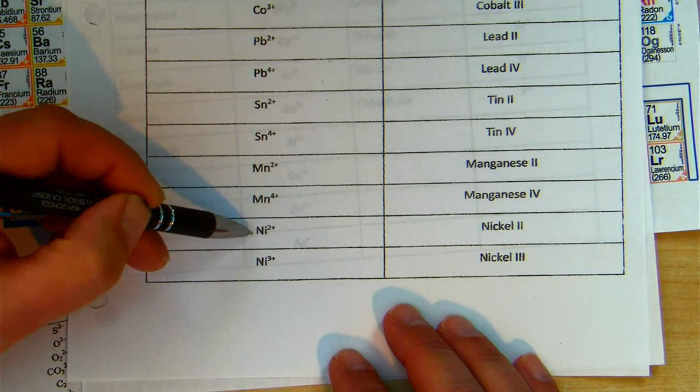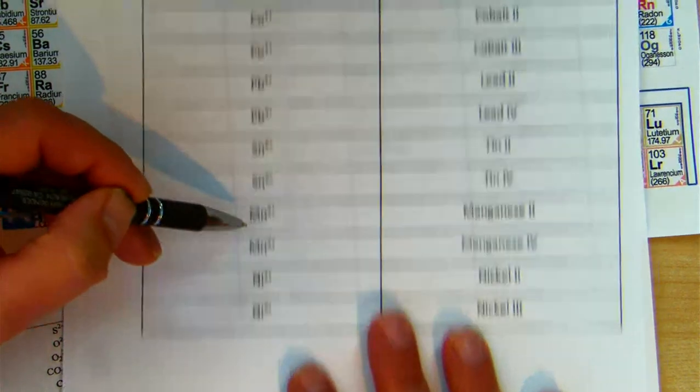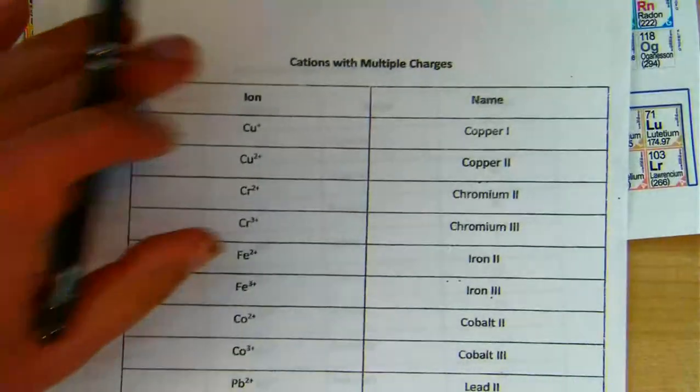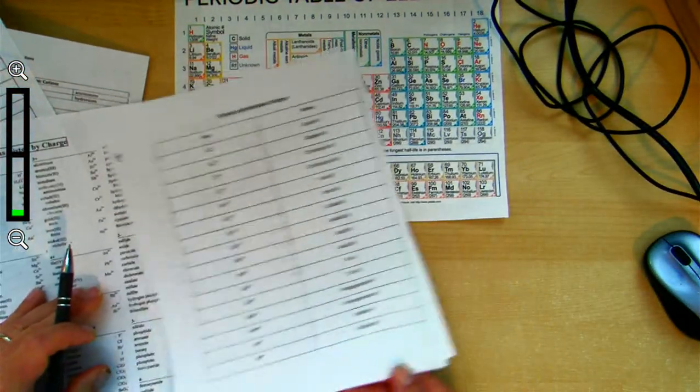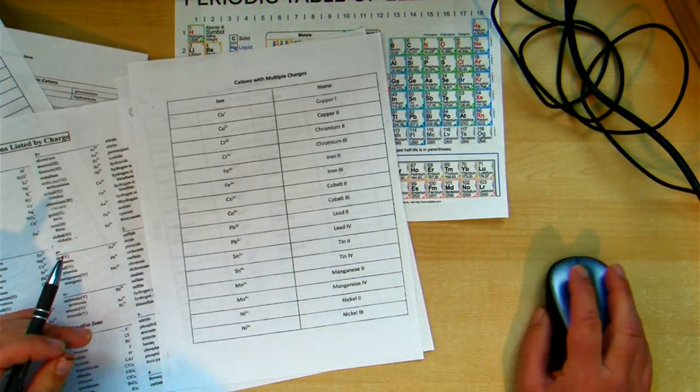But this one, nickel 2 or nickel 3. So don't memorize this list. Have the reference sheet handy anytime that you need to refer to it. Okay, I am going to